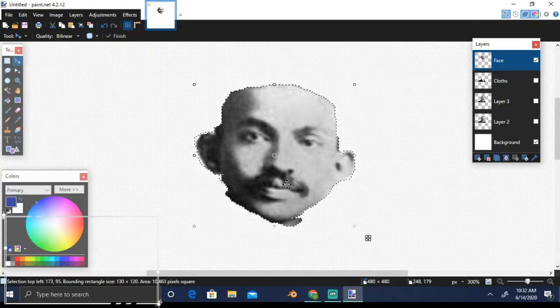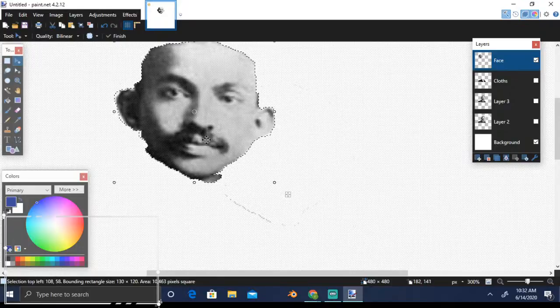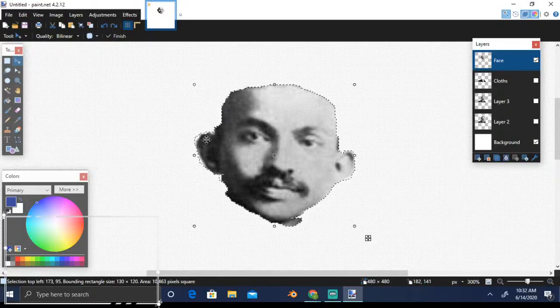Now here we have the face. Now the thing is, the face also has eyes, eyebrows, mustache, and all the stuff, and all these things cannot be of the same color, right? So what we will do is, since eyebrows and eyes have different colors, let me control C this.